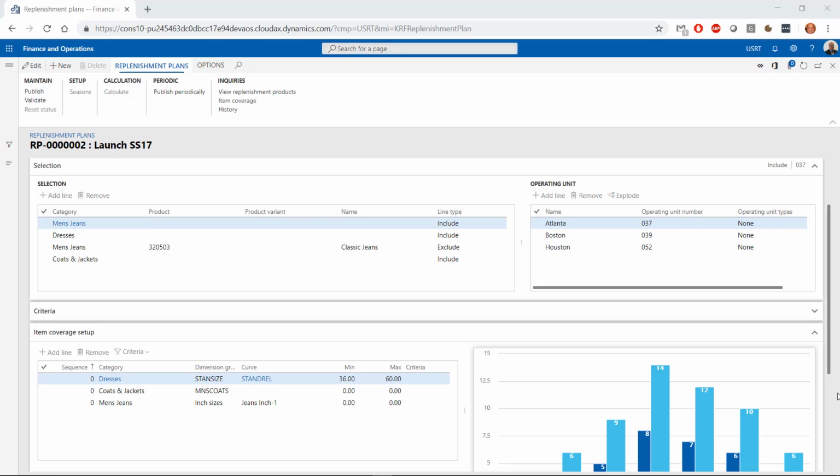In the example, we have included all men's jeans, all dresses, and all coats and jackets. We have excluded one specific style in the group of the men's jeans, the 320503. In the second part, we have indicated the 3 stores for which we want to apply the same settings